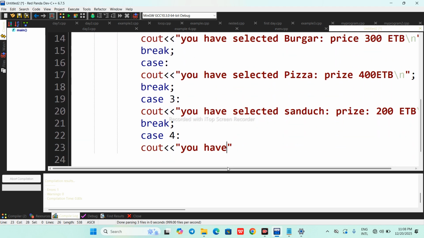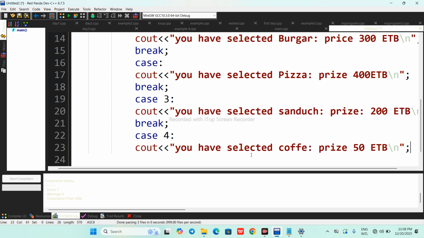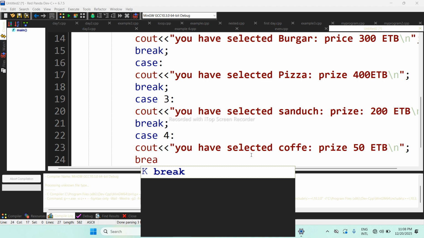So case 4 means if the user inserts 4, "You have selected coffee. Price equal to 50 Ethiopian birr\n". So we need to finish with break here.